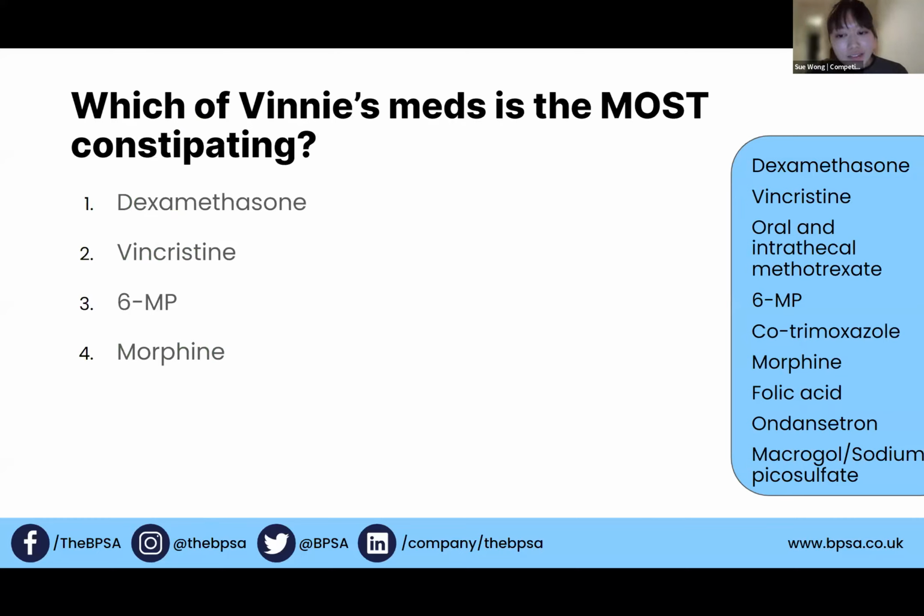So we will pick the antiemetic then, like the methotrexate makes you feel sick, if that makes sense. So you're blocking that mechanism. And then for the laxative, we picked macrogol and sodium picosulfate, and macrogol is your osmotic laxative. Is that right? Yeah. Okay, thanks. Osmotic laxative. And then depending on how constipated they are, sodium picosulfate,